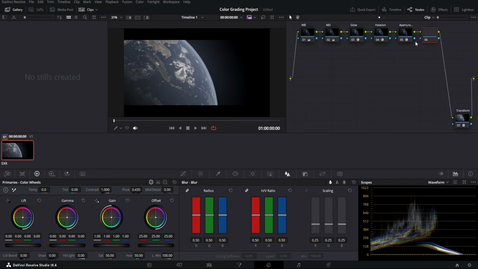So add in another node, and I'm just going to place this beneath it, just so we have more room, and also to signal that this is the color space. So in this node, I first want to balance our image out, and we can see that in the scopes right here. This will show us how bright our image is and how dark it is. And if you cannot see this, you will have to change the keyframe to scopes right here,